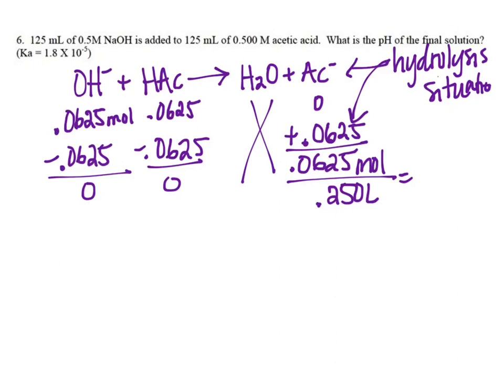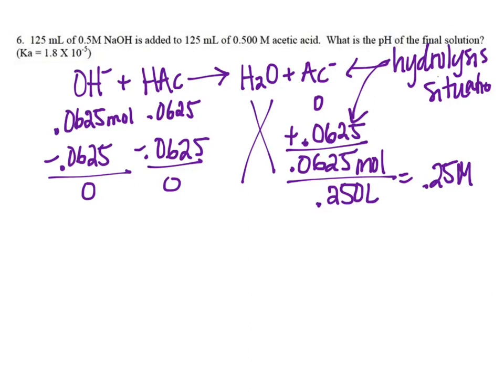Yes? So in our first column, we subtracted the concentration of hydroxide. So we subtracted the concentration of acetic acid. And then if so, why didn't we add them both together from the other side? Does that make sense? Because if OH runs out first, then because OH and HAc are the same, they both run out at the same time. But because they're used together to make the other one, that makes sense. Okay. And you got 0.25 liters because you added milliliters, the total, yes. So we are left with 0.25 molar